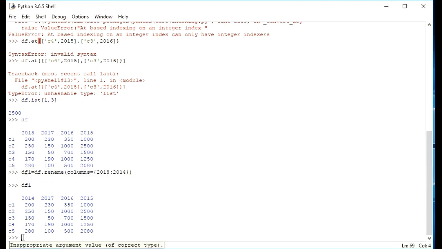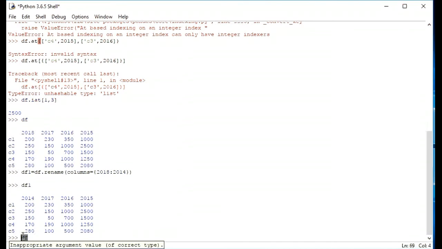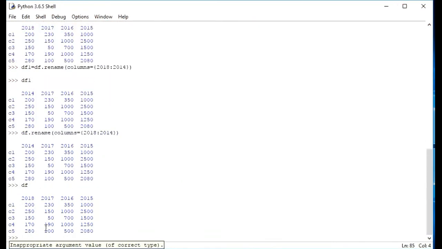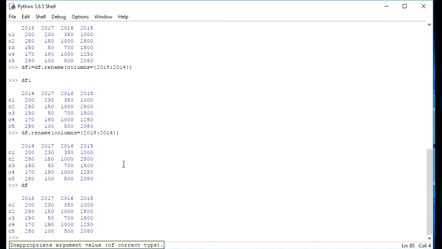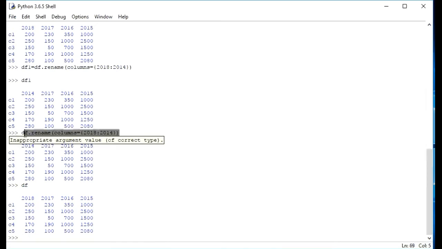But if you want to place it, let's make it simply this, and print df again. It is giving the same value. But if you want to change the original one, how can you do that? For that we have to make some changes in the column. Let's copy this same thing